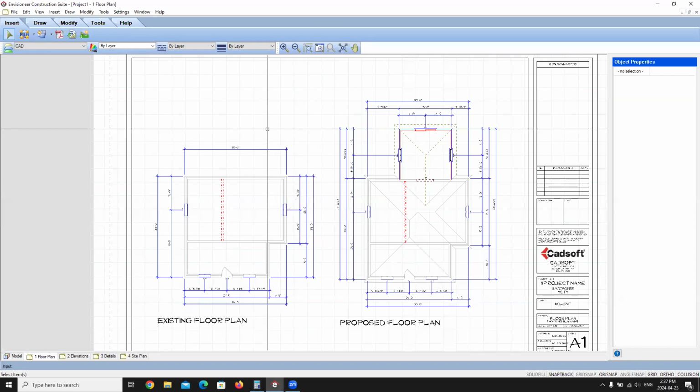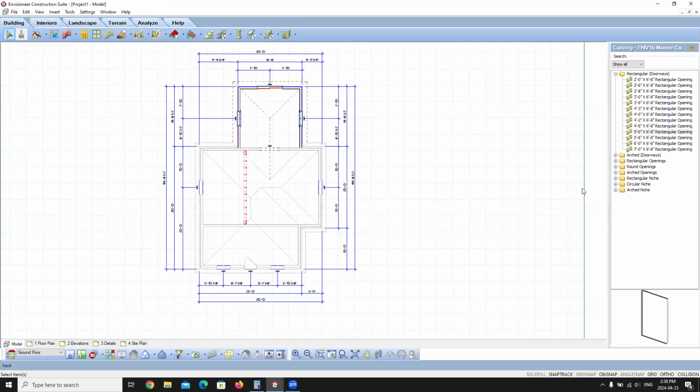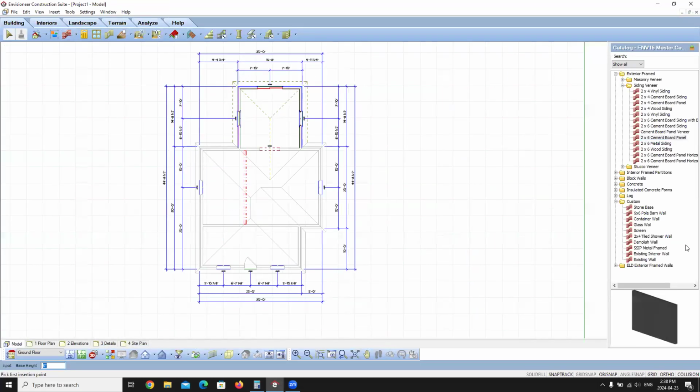I'm just going to go through a quick review of what we've gone through in today's class. So today we went through how to create a remodel project, and we looked at creating new elements in the catalog. So we went through and we added in some new walls into our catalog. So we created an existing interior wall, and we looked at the already existing demolished and existing exterior walls. Once we added in our new wall types,